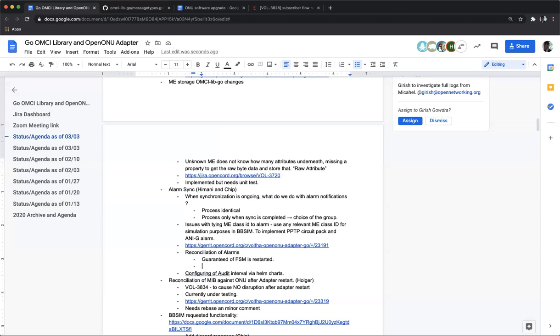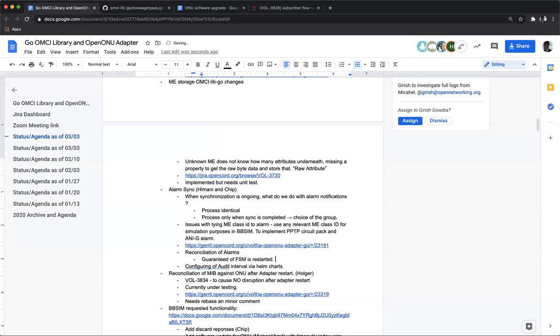Yeah, I think by reconciliation, I'm sorry, Andrea, what were you saying? I was saying that for now, take this approach, just restart everything, and then we can figure out exactly what we need to store and reload and things like that. But for now, I think that we're fine just restarting the FSM and not storing anything.